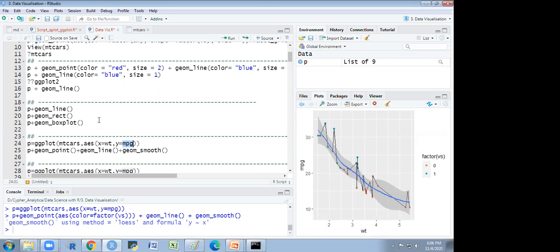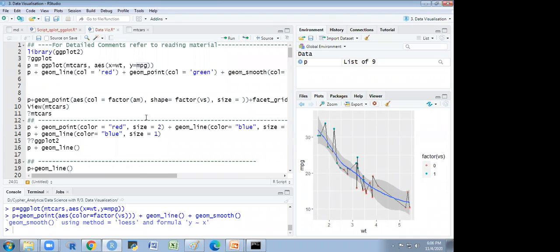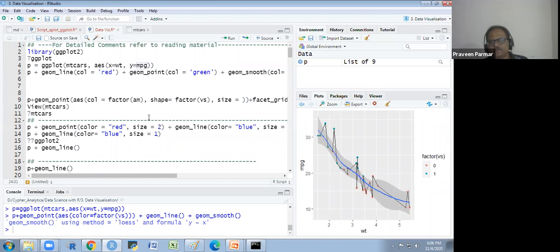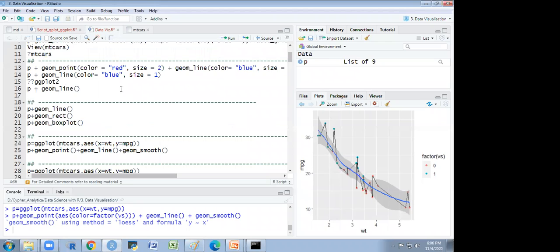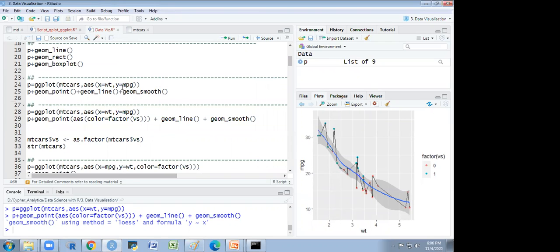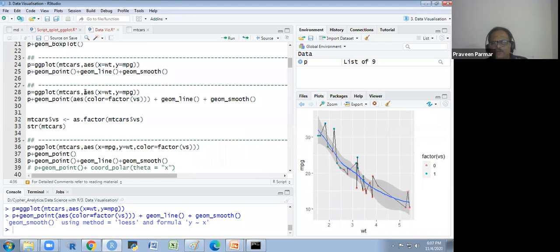Previously we used mtcars dollar sign for weight and mileage; here in ggplot2 we have not used it anywhere. It is the grammar of ggplot2. In ggplot2 we have to use the aesthetic, not in base R plots. There is no requirement of that.